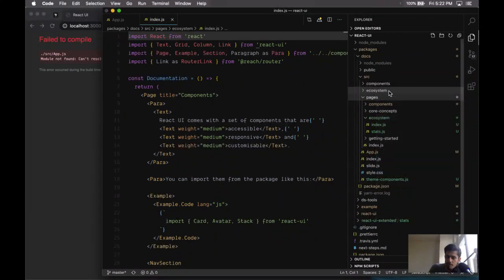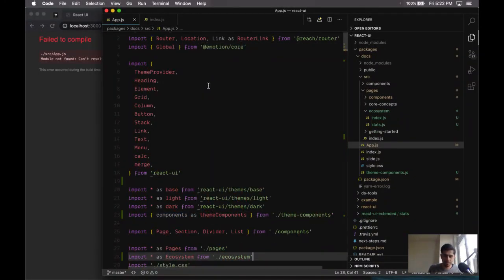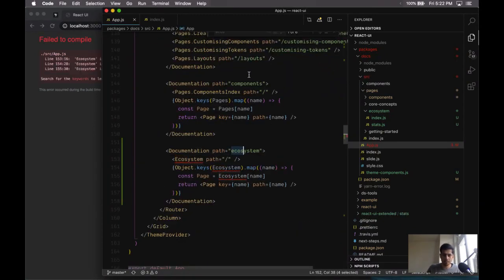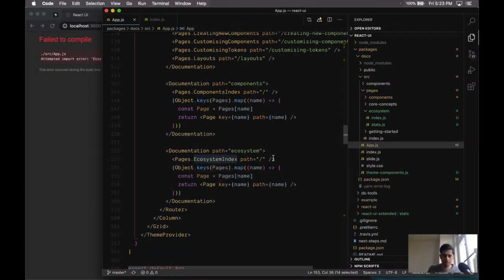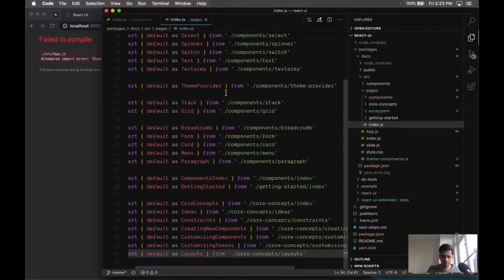Okay. I'm gonna take back some of the things I said. So this is gonna be inside pages. This is fine. This needs to be ecosystem index pages. This of course doesn't exist yet, so I'm gonna comment this out. But actually I should just build this one. Cool. So now when we go to pages index, we come here